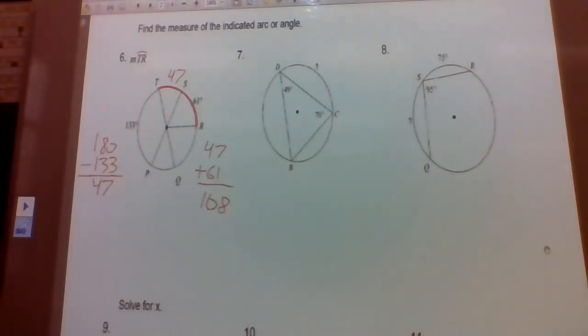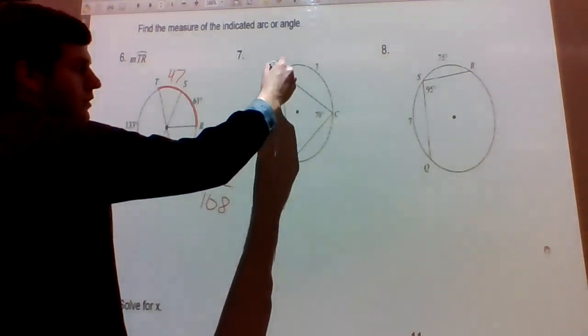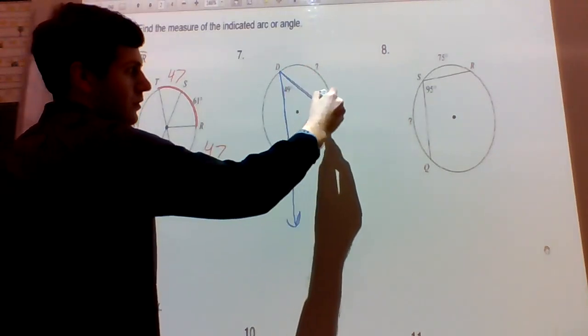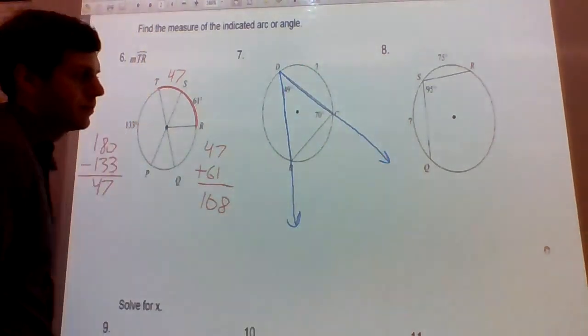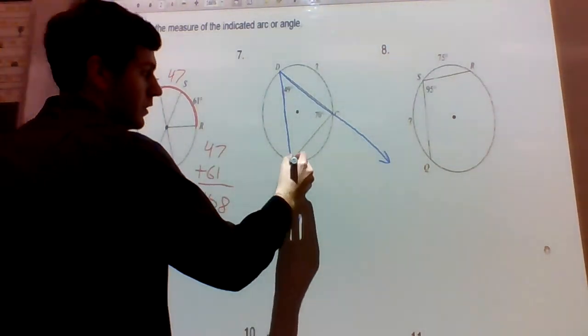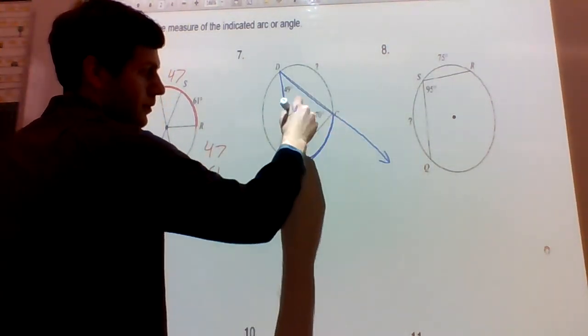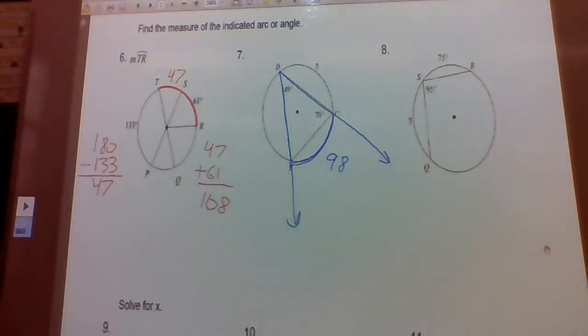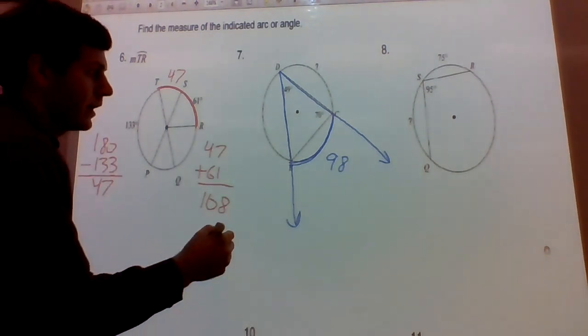Number 7 here. So here we have an inscribed angle. So the inscribed angle is half the measure of the arc. So if we have 49 degrees, we want to find the measure of arc BC. That's going to be double, so that's going to be 98. Okay, the measure of the intercepted arc is twice the measure of the inscribed angle. Here again we have a